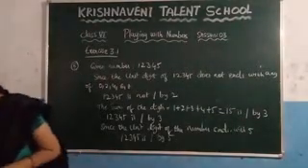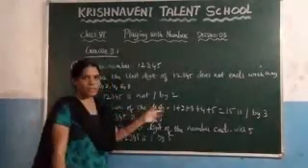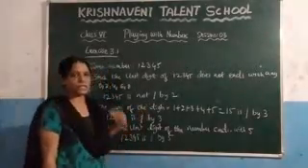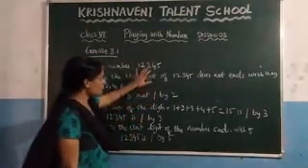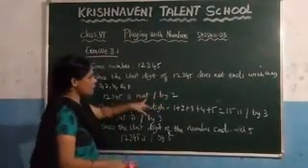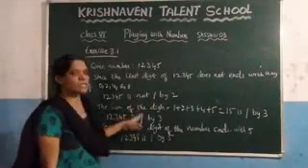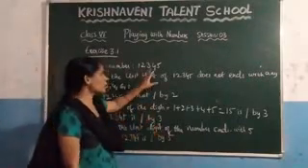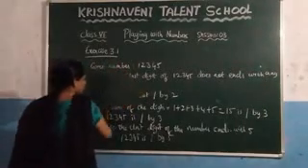Now you need to check the divisibility rule for 6. What does the divisibility rule for 6 say? If the number is divisible by both 2 and 3, we can say that the given number is divisible by 6. Here you can observe that this number is divisible by 3 and this number is not divisible by 2. Since both conditions are not satisfied, you can say that this number is not divisible by 6. So write it here.